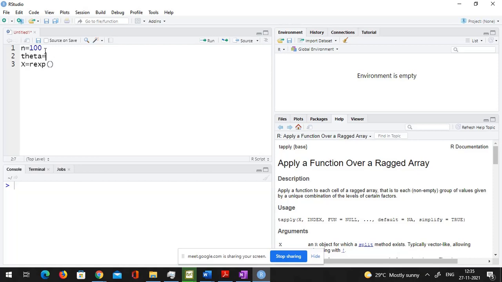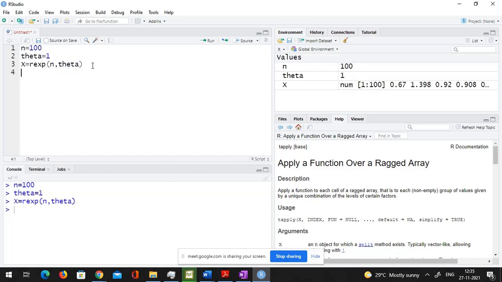So suppose I take theta equal to 1 here. So I need a sample of size n from this theta. Right now it doesn't bother me whether this is rate or mean because anyway I have taken mean. But when you are going to take a sample from, say, exponential, you have to make sure that you are specifying the correct form of the parameter here, theta or 1 by theta, depending on whether you want to specify rate or mean. Is it okay? So this is my sample.